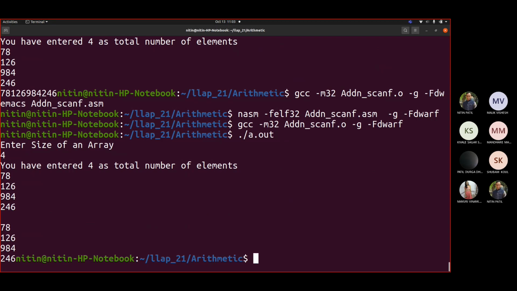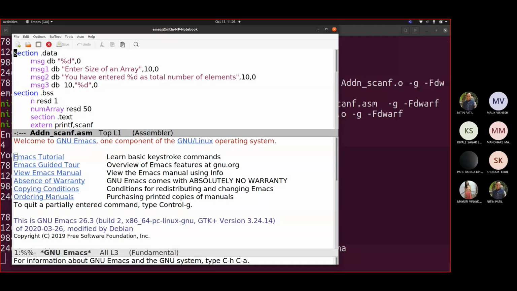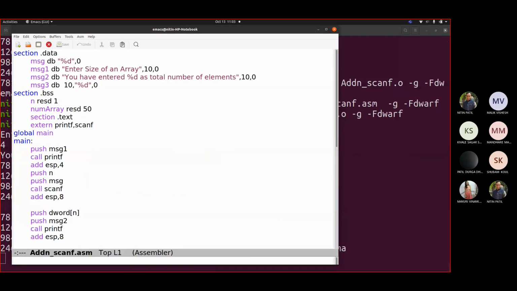Correct. So this is how you really work with the data. Like you are going to read the data from the user and you are going to print the data from the user. So let me explain that program now in 2 to 3 minutes. Any question, by the way, till this time? If you have, you can ask me.